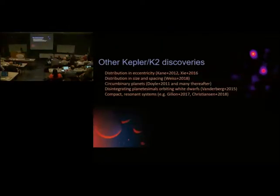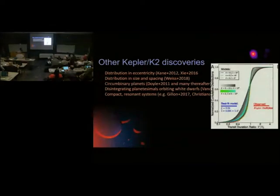Okay, so those are the big classes of planets we found. I wanted to talk a little bit about the types of planetary systems we found. Because we have such a large sample, we can start to talk about how they are distributed. So we've been able to analyze the distribution in eccentricity, and what we can see is when you have a